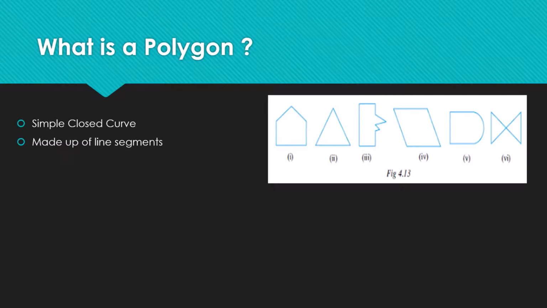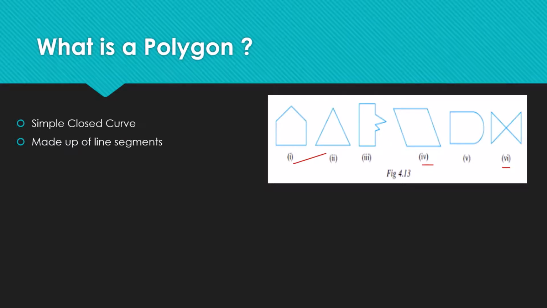Now what is a polygon? So here I have shown some figures. This figure is also in your NCERT book. Look at these figures. What can you say? Are they closed? How does each one of them differ from others? So we find figures 1, 2, 3, 4 and 6 are special because they are made up entirely of line segments.